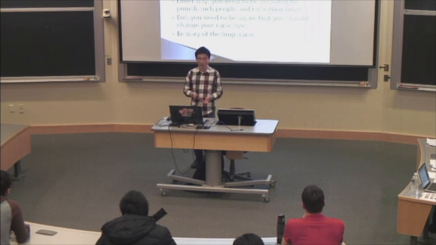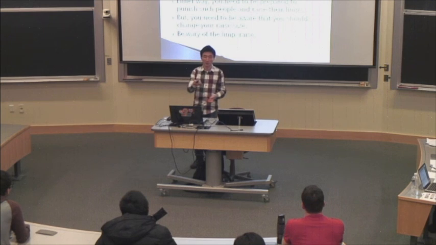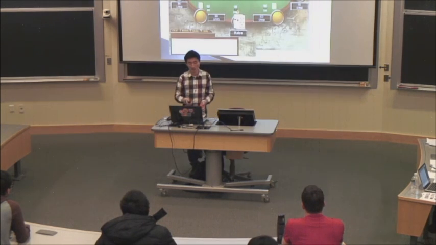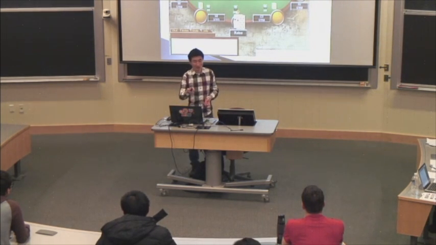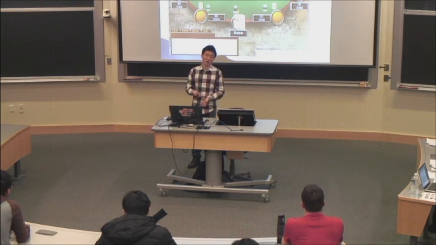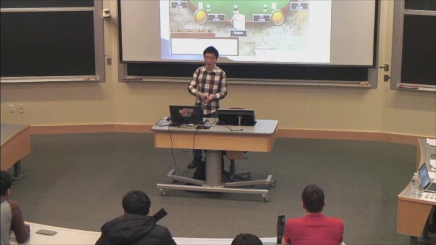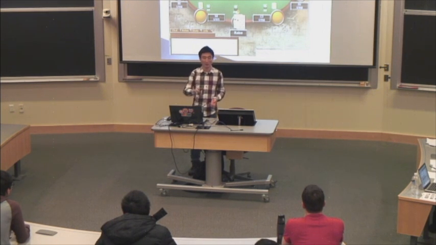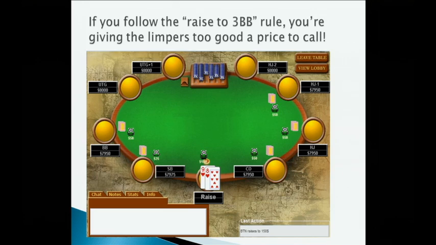Either way, you need to be prepared to raise their limps, but you do need to change your raise size if there are limpers. Let's say normally when it's deep, you decide to raise 3 big blinds. Which is fine. I said raise to 2.25, but I think it's fine if you raise to 3. It doesn't matter that much when it's deep. You can raise to 3 to play bigger pots. But if there are a lot of limpers ahead, then you want to make it more than 3 because there's already money in the pot. If you only raise it to 3, you're actually giving them too good of odds to call.